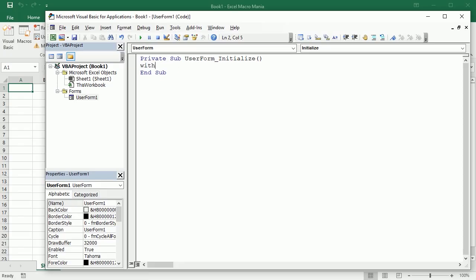And here with me.listbox1, that's the name of the list box, the default name. We can populate the box with the list property, and this is exactly the same we did with the combo box. So if I write dot list equals, we can here have an array of values that will show in the list. So for example, let's add the user form controls here: text box, combo box,